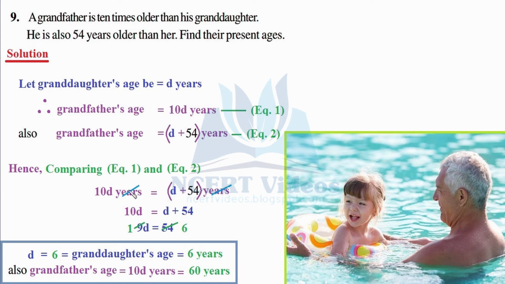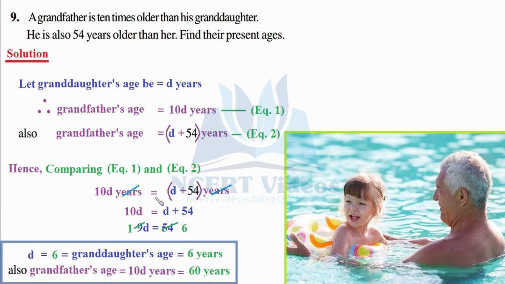Here, you might be thinking why we are comparing. We are comparing because in both statements, we are describing the same thing, that is the grandfather's age, just written in two different ways. So it differs from question to question. Sometimes we have to compare, sometimes we have to straight away solve it. This you get with practice and by visualizing things. Now this is our final equation. Years can be cancelled with years. Again, there's no need to write units while solving, but for demonstration purposes we are doing so.